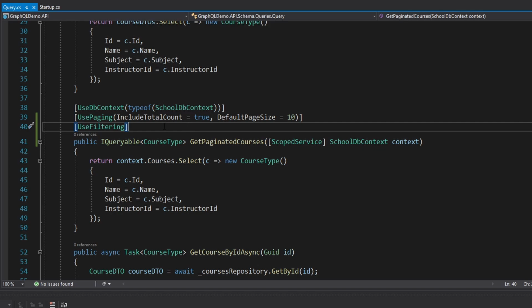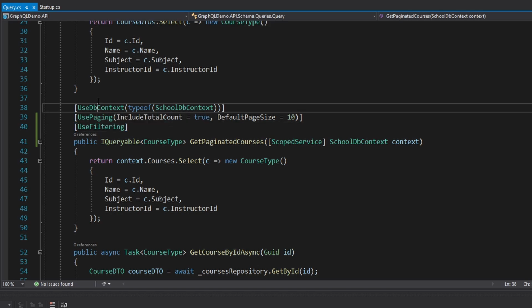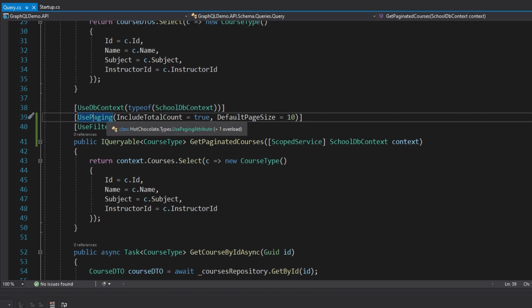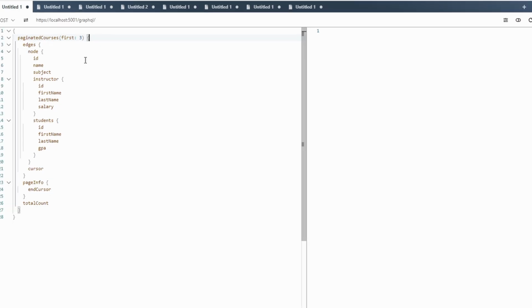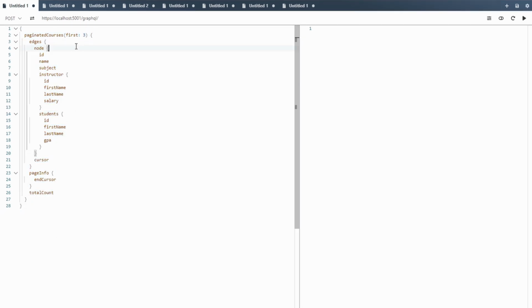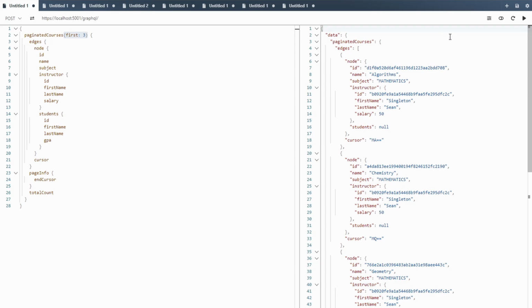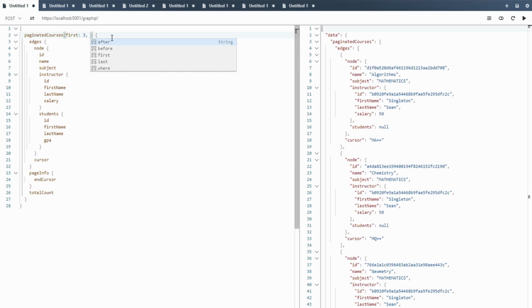And one other thing I want to point out real quick is that the order of these attributes does matter. So DB context has to come before paging, and paging does have to come before filtering. But other than that, this is good to go. Let's test this out. So we can still query for our paginated courses. So here I'll grab the first 3 courses. Works perfectly. But if I refresh my schema and then take a look at these other parameters I have here,